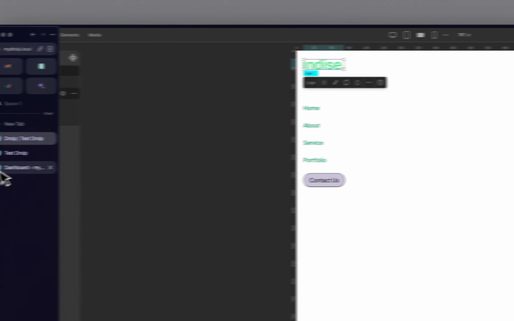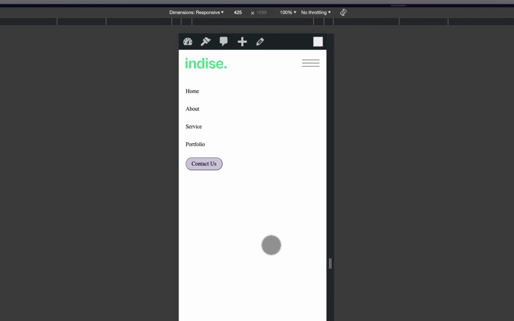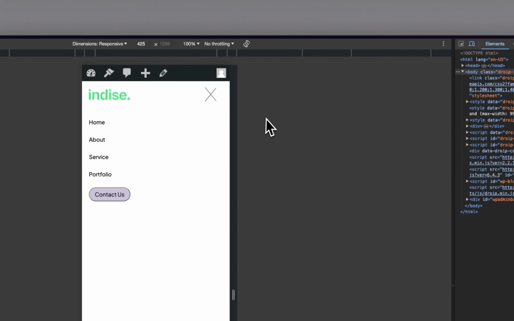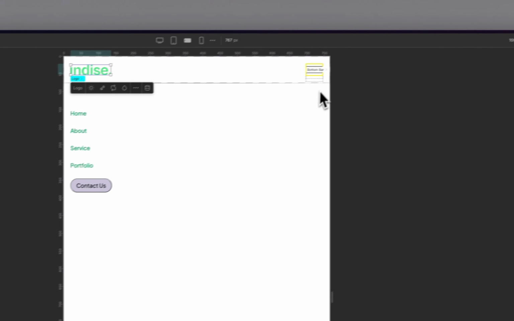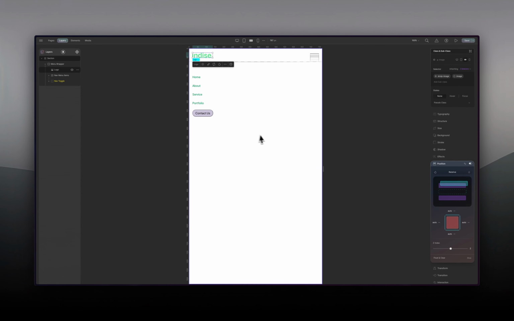We save that, go into Drive, and then we're going to refresh. So when I click here now, you can see that the animation is working. It's working cool. All right. So the next thing is to make sure that when we click, this thing slides out from the left into the right.